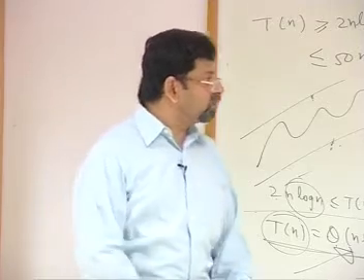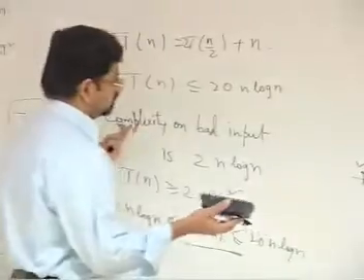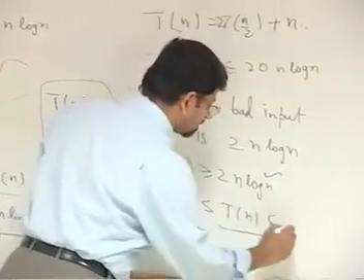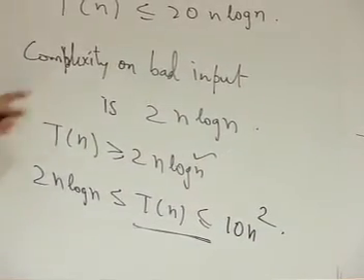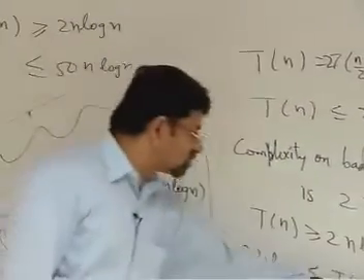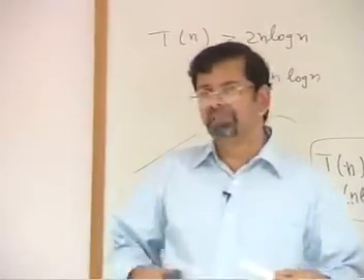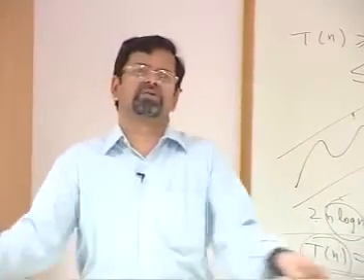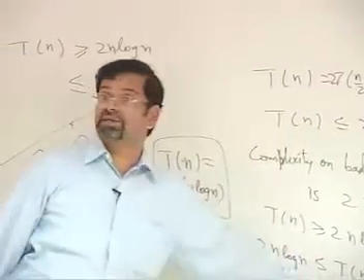Okay? Suppose the scenario is something like this. You have an algorithm, but with the mathematics that you have known, you could only get T(n) ≤ 10n². And you have also got a bad input which gives 2n log n. Then this is what is true. You are not able to think of a really bad input. Maybe there is a still worse input, but it didn't occur to you, or you couldn't guess it, or you have no way of finding it. This is the best you could do. Then that is all you can say.